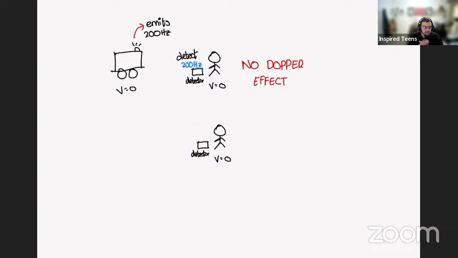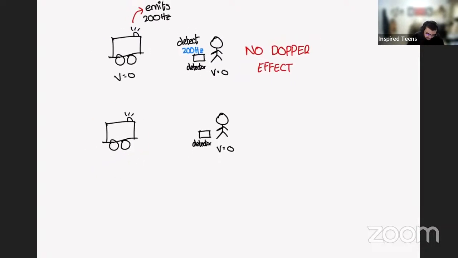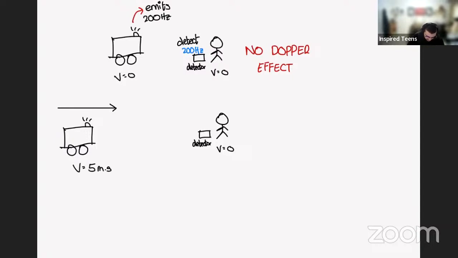Okay, if we keep the listener stationary, but now this ambulance starts traveling towards the listener. So this velocity changes. Before it got there, let's just say it started traveling towards the listener with a constant velocity of 5 meters per second. Okay, so it starts traveling towards the listener. Remember, it's still emitting